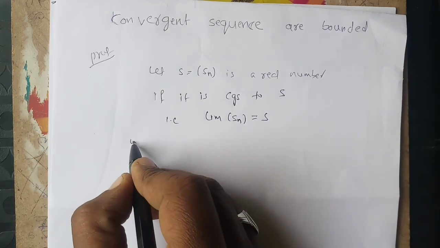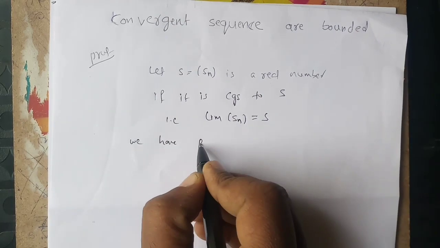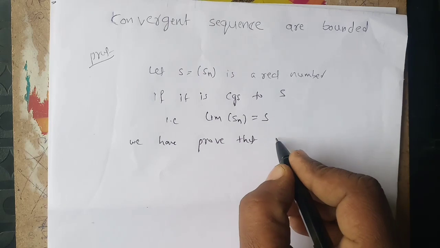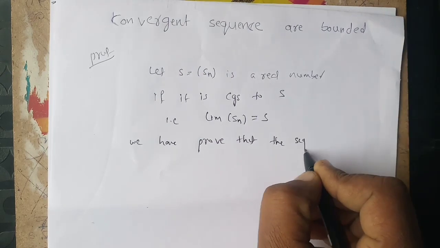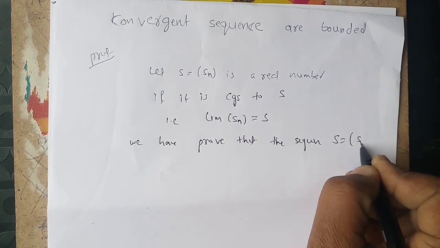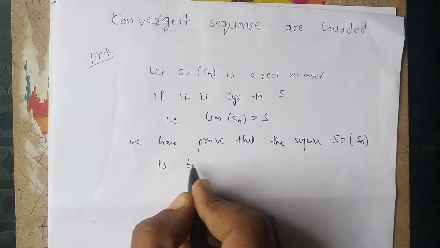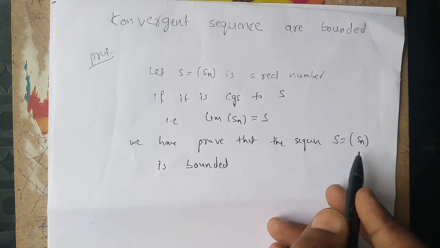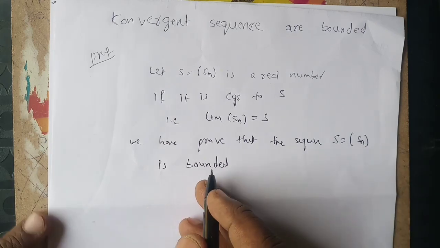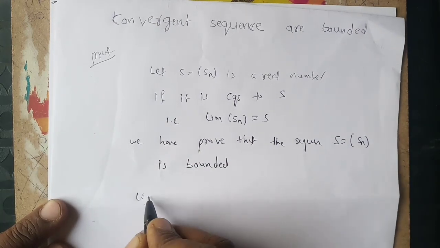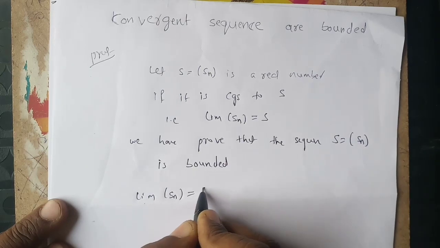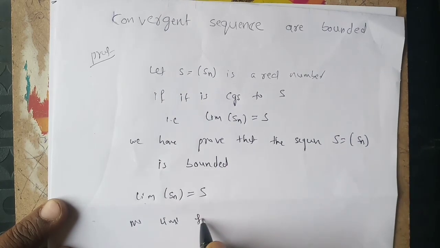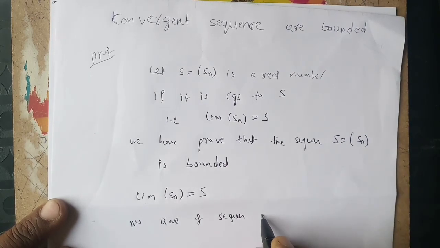So we have to prove that the convergent sequence Sn is bounded. So our proof: the sequence Sn is bounded. The given is limit Sn is equal to S. Now, limit of a sequence by definition,